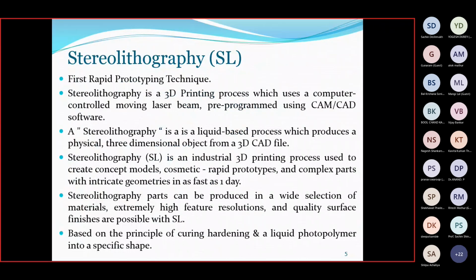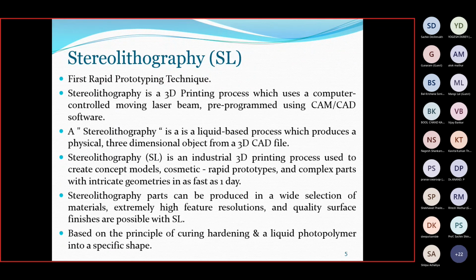So the material which we are going to use to produce the 3D object is in liquid form, so it is known as a liquid based process. We have to design in 3D CAD files, then generate the stereolithography model of those CAD files, and then go with the liquid.